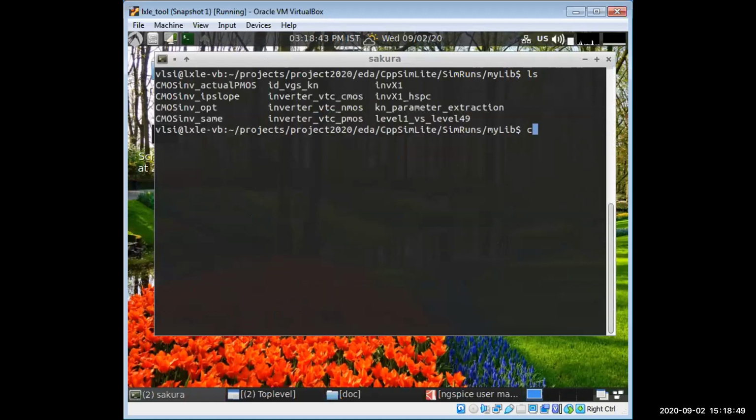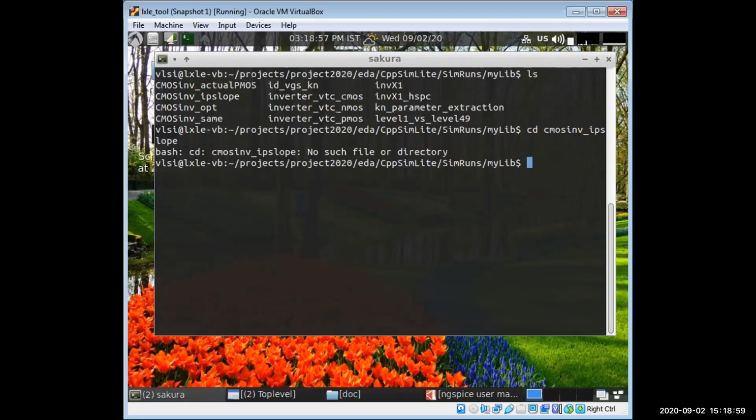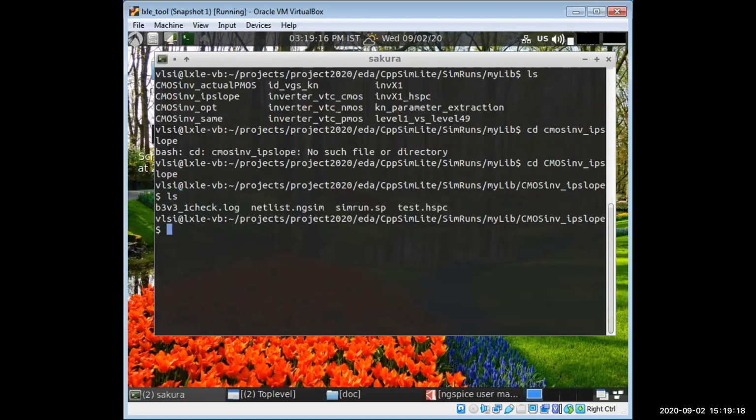So cd CMOS inverter input slope. Okay, sorry. You have the simran.sp file. Go to that. vim simran.sp.